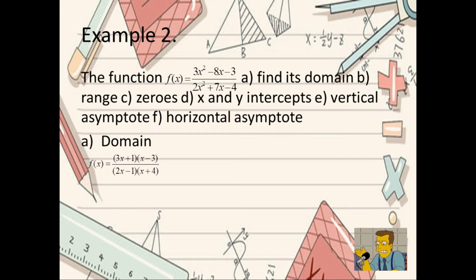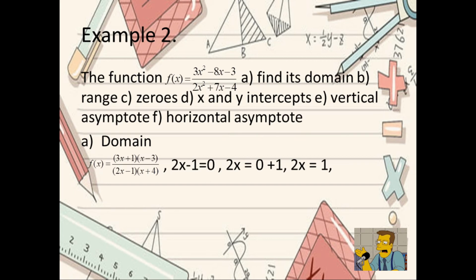So to find the domain, the first step is you write the function in factor form, and that is f of x equals 3x plus 1 times x minus 3, and that is the factor of 3x squared minus 8x minus 3, and the factor of the denominator is 2x minus 1 times x plus 4. Okay, first step, you have to find the value of x that makes the function undefined, and that is why we use the